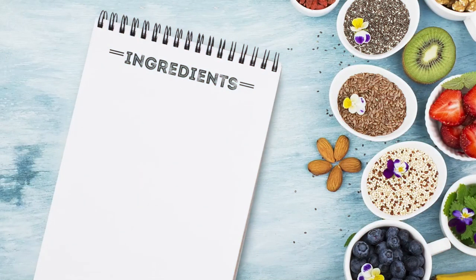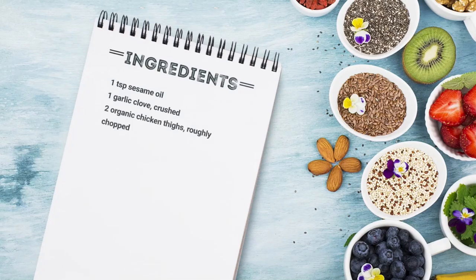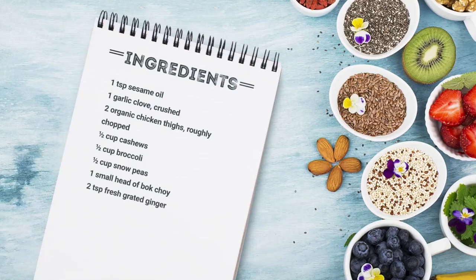To make the cashew ginger stir fry, you will need 1 teaspoon of sesame oil, 1 garlic clove crushed, 2 organic chicken thighs roughly chopped, half a cup of cashews, half a cup of broccoli, half a cup of snow peas, 1 small head of bok choy, 2 teaspoons of freshly grated ginger, 2 teaspoons of sesame oil, and 1 tablespoon